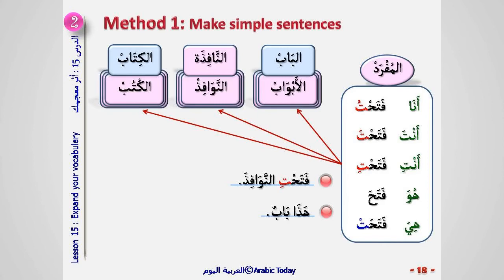Once you have recorded some collocated nouns and verbs, you can try and make simple verbal and nominal sentences, as shown in the examples below. In these examples, and using the diagram of collocated nouns of the verb fataha seen previously, I conjugated the verb and put the nouns in the plural. Then, I made simple sentences following the examples of the lessons 4 and 11.